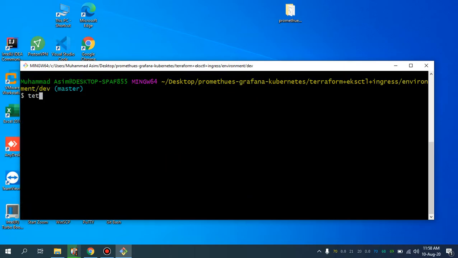I'm going to use the command terraform init in order to initialize Terraform. It is going to download the relevant modules for Terraform, and then I'm going to say terraform apply